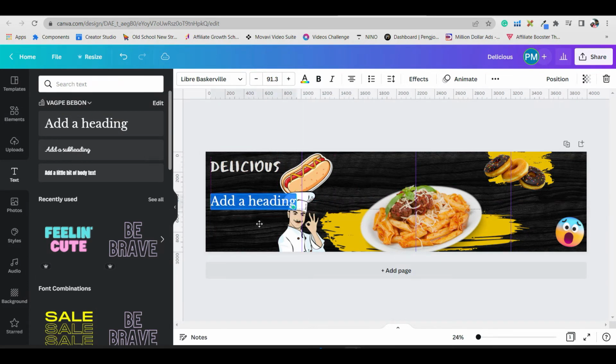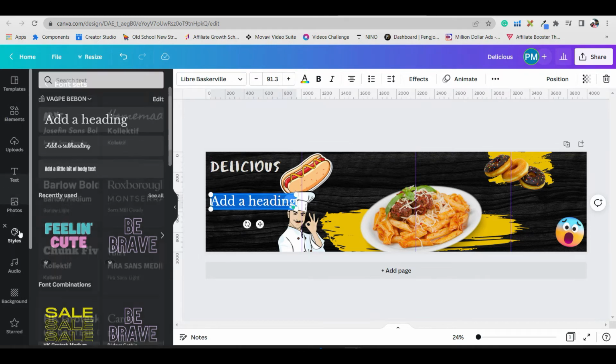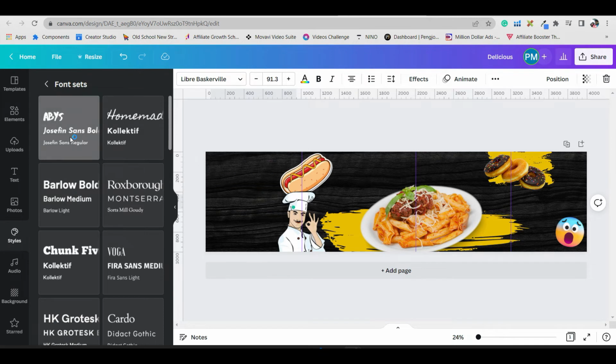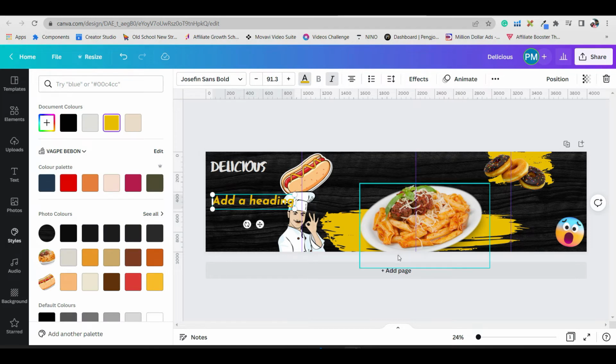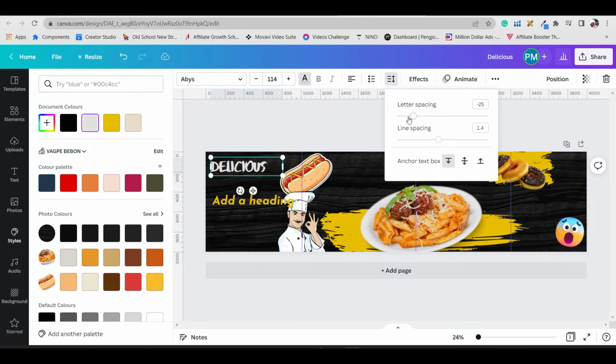You can also type, you can also do Control T, otherwise Command T from Apple. So I will use this one, and then I will go to style, and I can change this. Okay, if I take this, if you click it twice, it will come to the second font, right? So I'll first change it to the color of the theme, delicious. I will change the spacing a little bit,